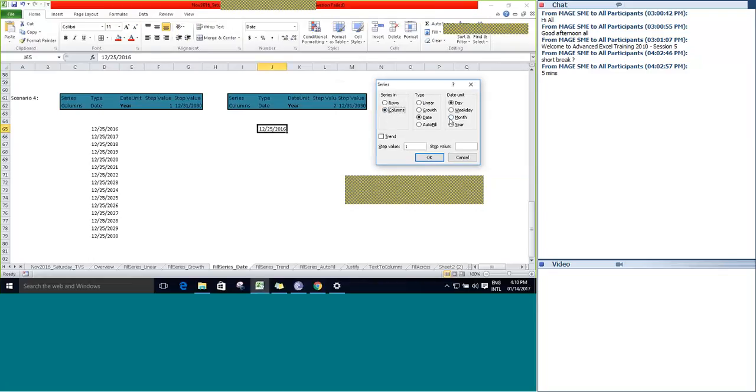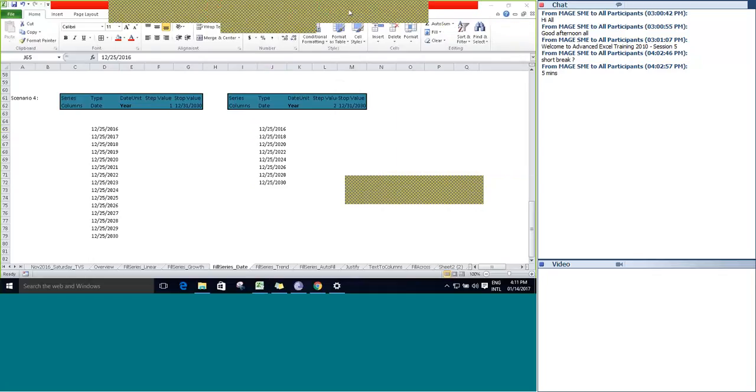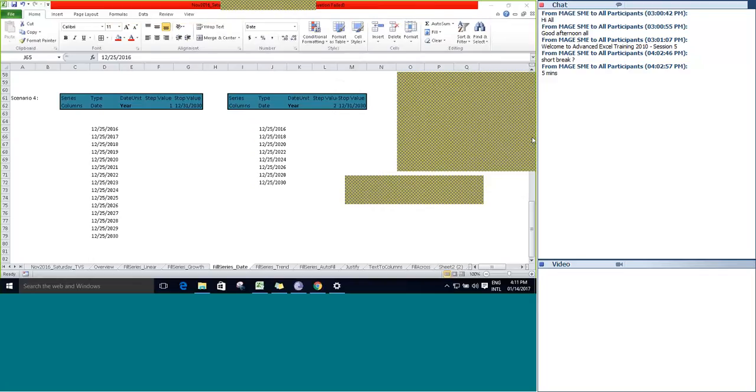Column wise, year, and step value instead of a 1, give it as a 2. Click OK. You can see the alternative years string pattern is generated. So able to follow this now?